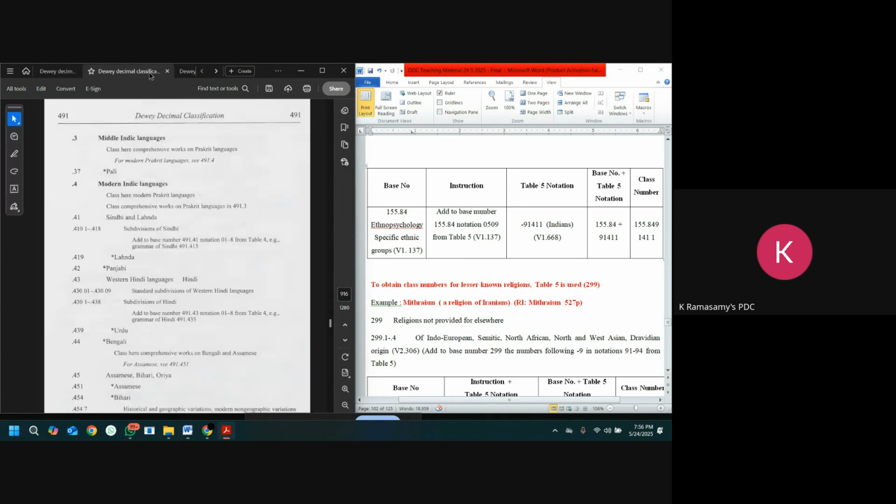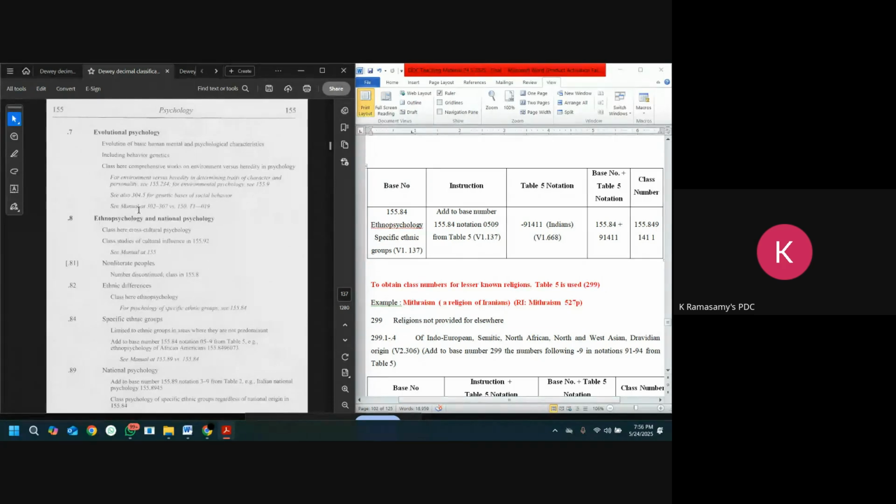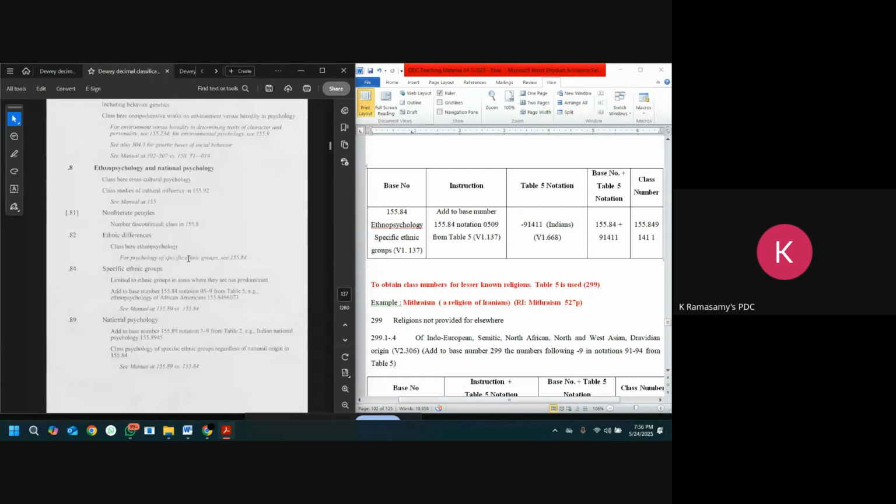So where am I supposed to go? I need to go to volume 2. In volume 2, I go to ethno-psychology, 155.8. There, I am looking for the instruction. Is there any place where they have an instruction to add table 5? Just come down. It is given here: special ethnic groups, add to base number